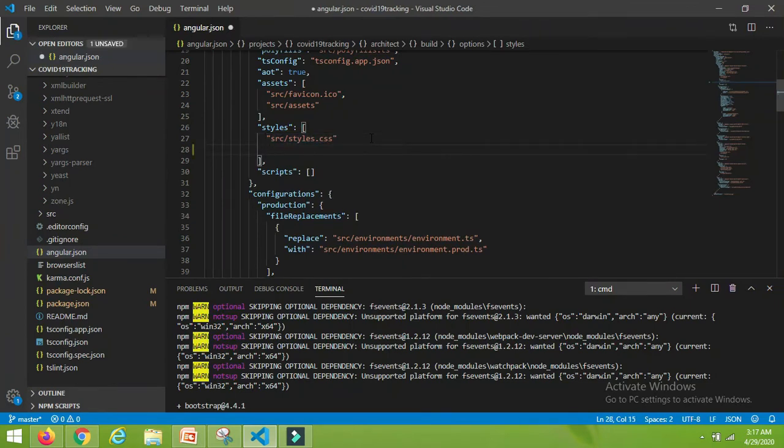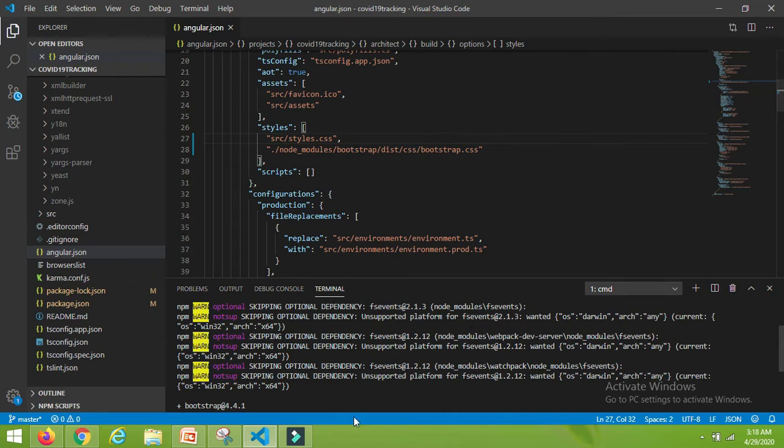So just below this styles.css we have to make the entry for the bootstrap so that we can use it in our project. So it will be the relative path, and here is the comma. So we have added the entry of the bootstrap in our angular.json.